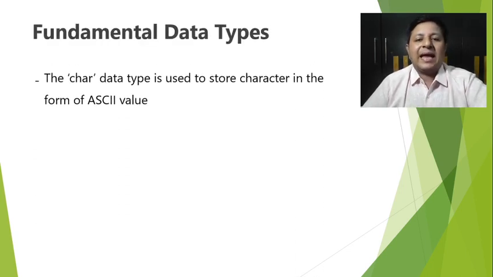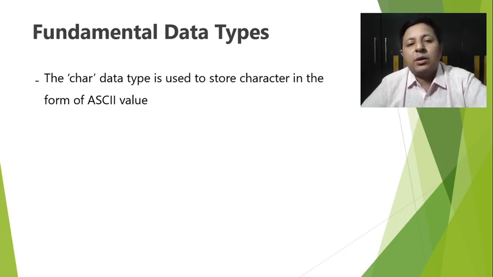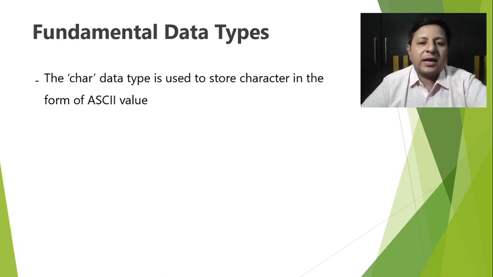As far as the character data type is concerned, we always have to deal with characters. Whenever we use characters in programming, what is stored inside is called an ASCII value, American Standard Code for Information Interchange. Maybe a separate video could be created on ASCII values, what they are, what the range is, and so on. But currently you should understand this much: characters are stored using ASCII values. So for storing character values, I specifically need a char type of variable. That's the reason the character data type is required.